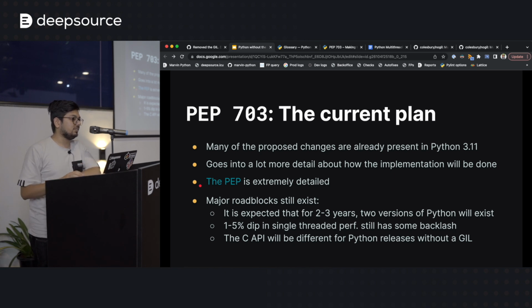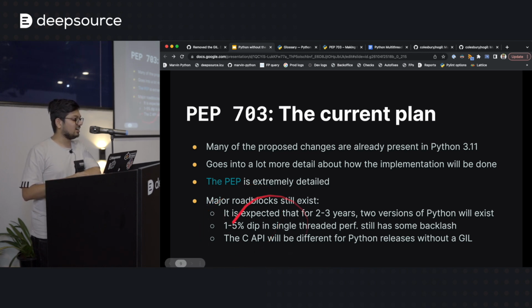But there is a pretty good chance that this change will probably go through. But why? That's a good thing, right? Sure, some 1 to 5% dip is going to happen in Python's single thread performance, but we're going to see a bunch of improvements, right?